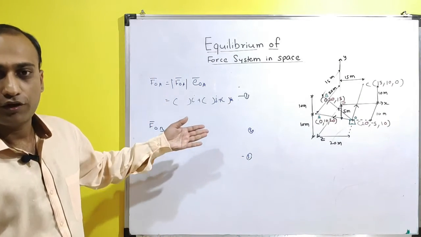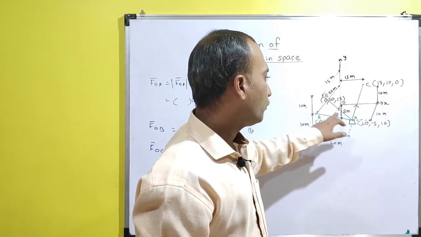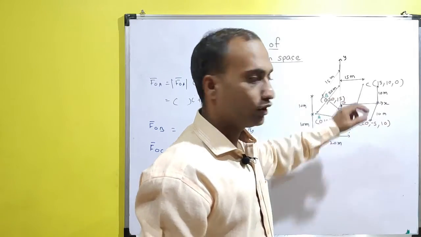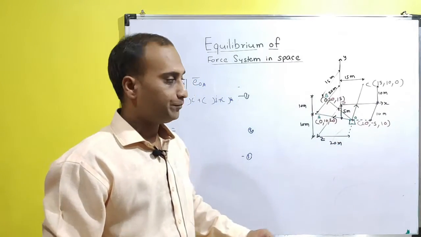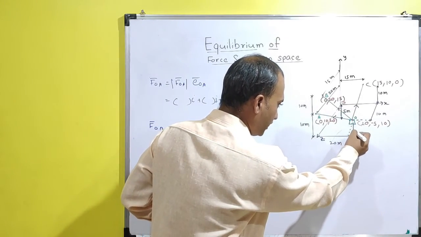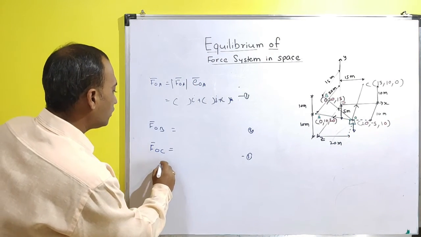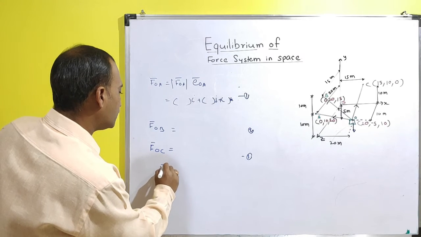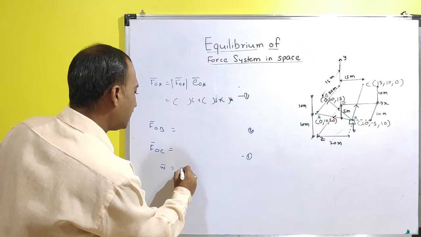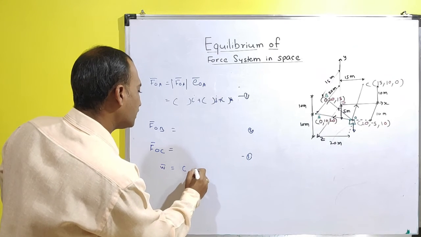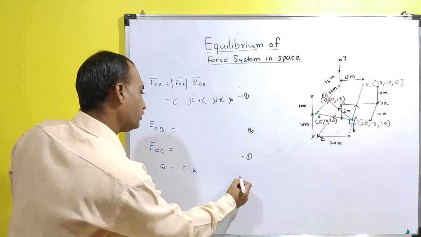So these are the equations for the force vector, and here we have written the force vector equations for OA, OB and OC. This is the load in this problem supported by these 3 cables, and this load will act truly in the downward direction. So the fourth equation will be the W vector, that is the load, acting truly in the downward direction. This load value is some constant, and it will be in the K direction. So this will be your fourth equation.